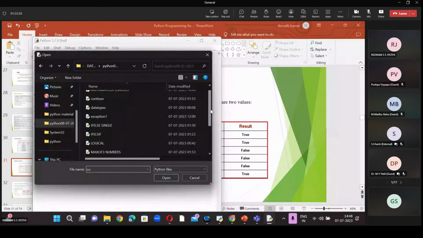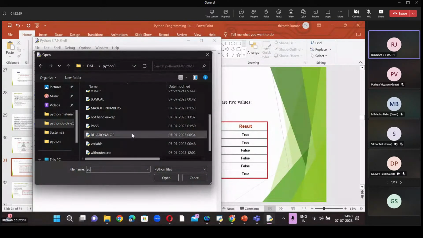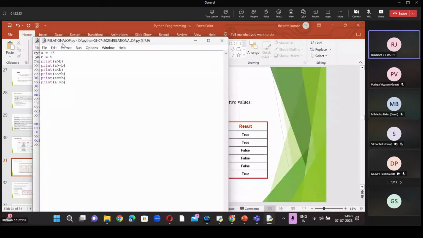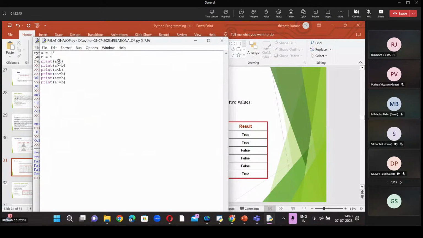So, relational operators. This is the one, so I want to run this one. It always gives Boolean values as an output. So a equal to 13 and b equal to 5.